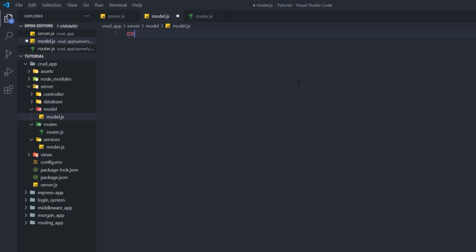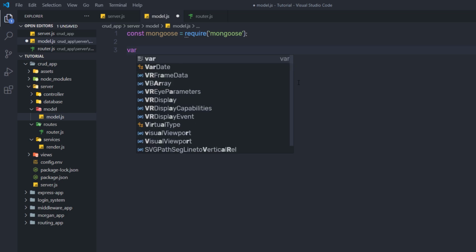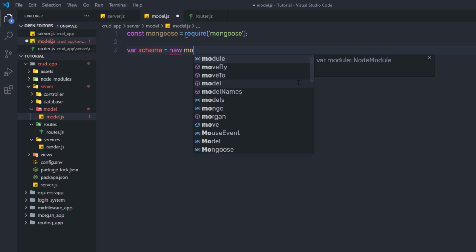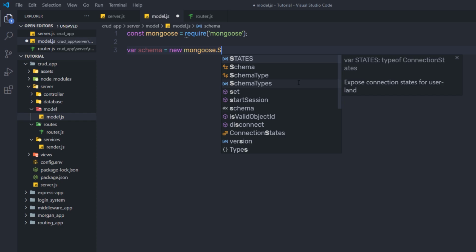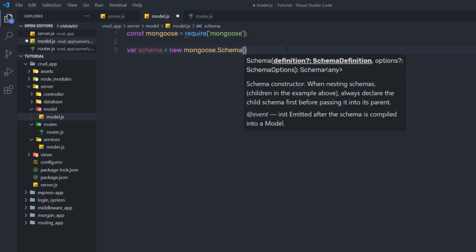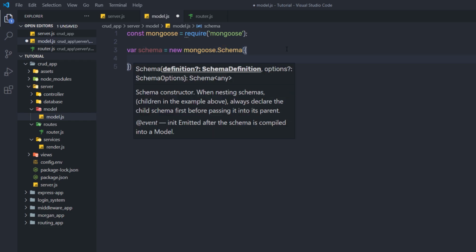So here I'm going to say const mongoose is equal to and require the mongoose module. Just like that, here I'm going to say var schema is equal to and create a new instance of mongoose schema. So I'm going to say here new mongoose.Schema. Mongoose schema allows you to define the shape and content of the document. So here we have mongoose schema, and in the parentheses, in the curly braces, I'm going to specify the shape of